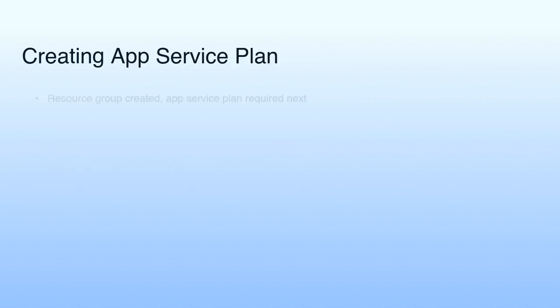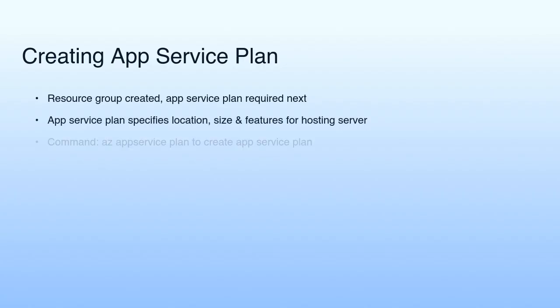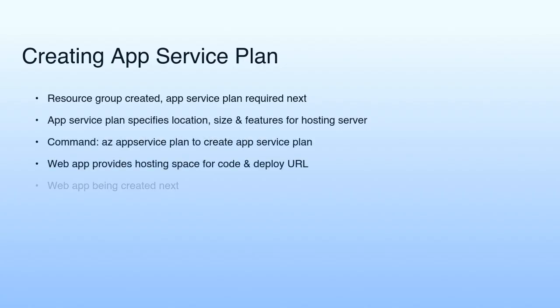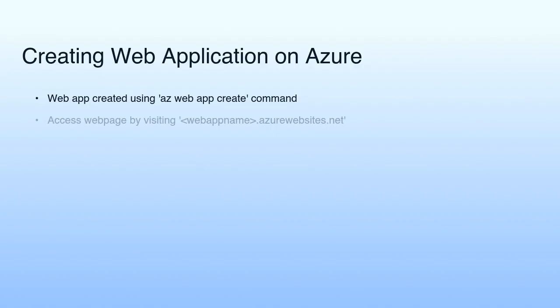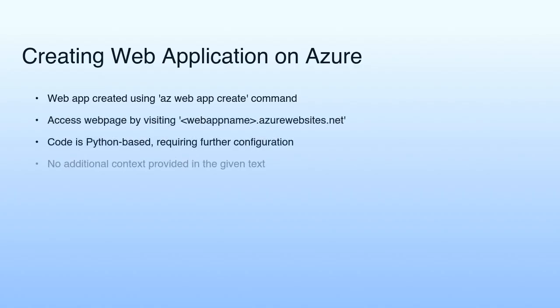A resource group named Resource Group 0 is created as a logical container for Azure resources, specifying the location and using the az group create command. An app service plan is then created, specifying the location, size, and features for the hosting server, using the az appservice plan create command, with the web app providing the hosting space for code and the deploy